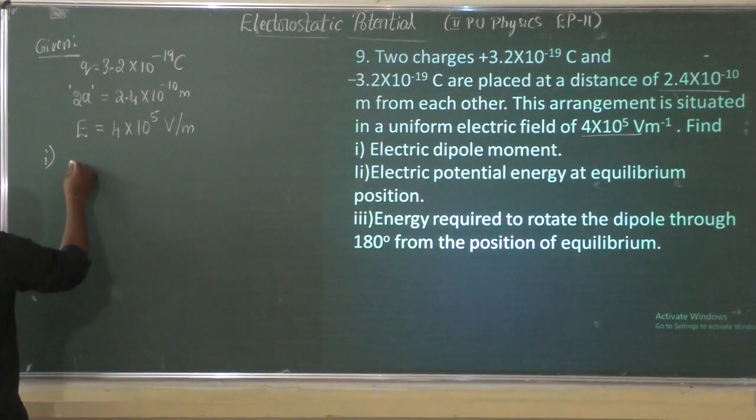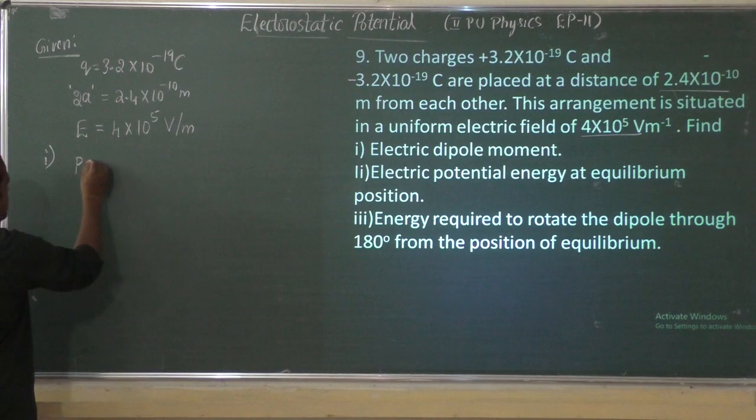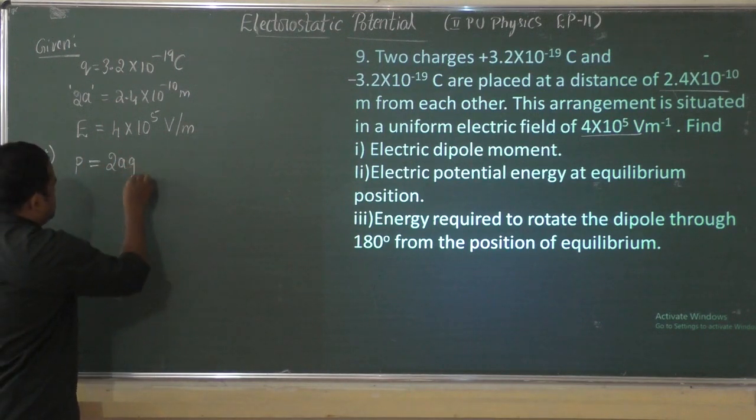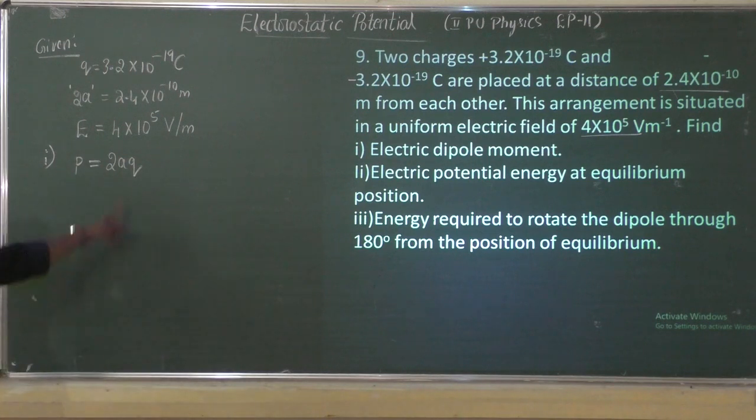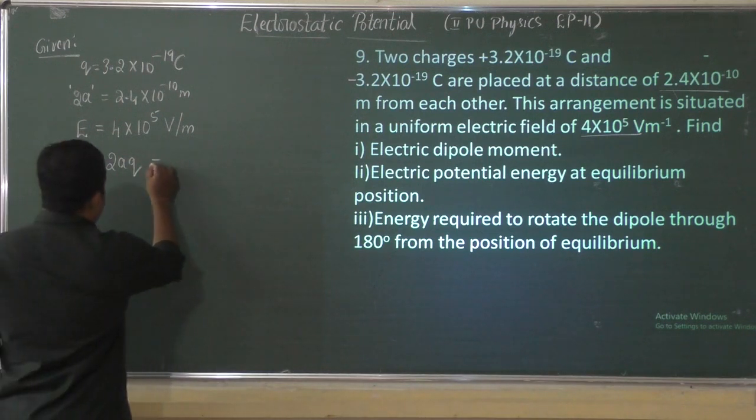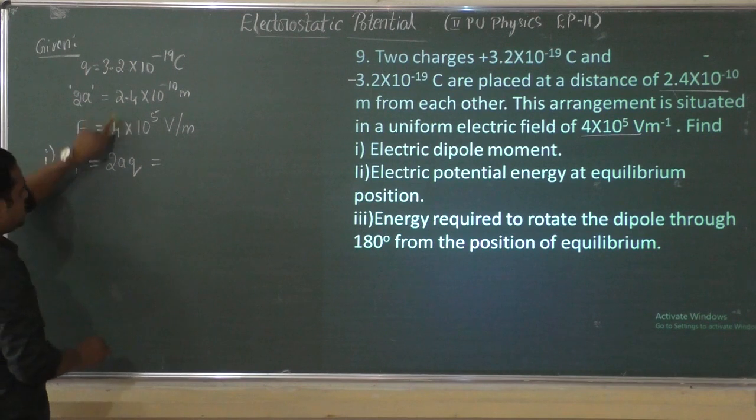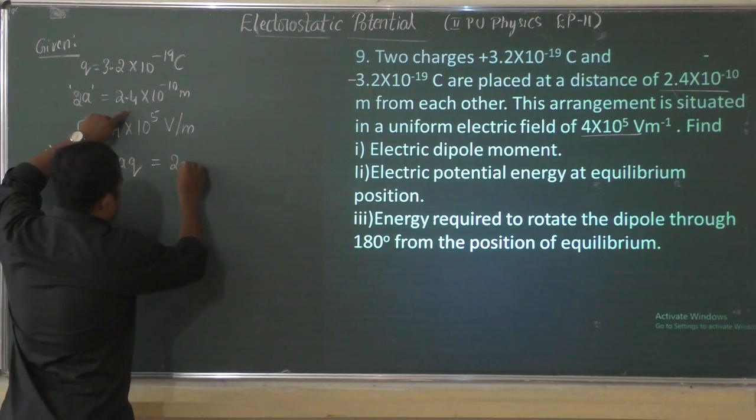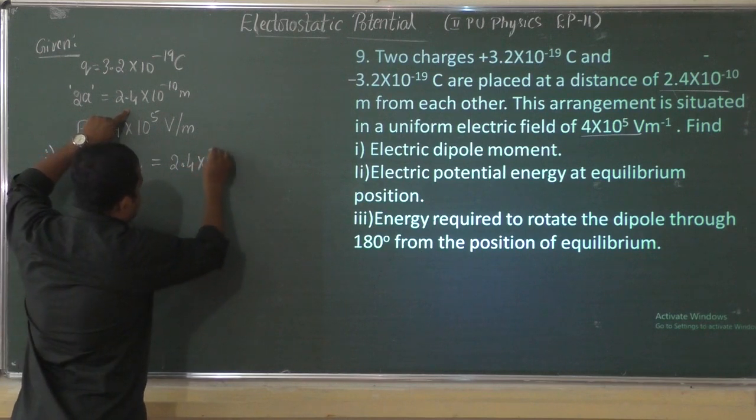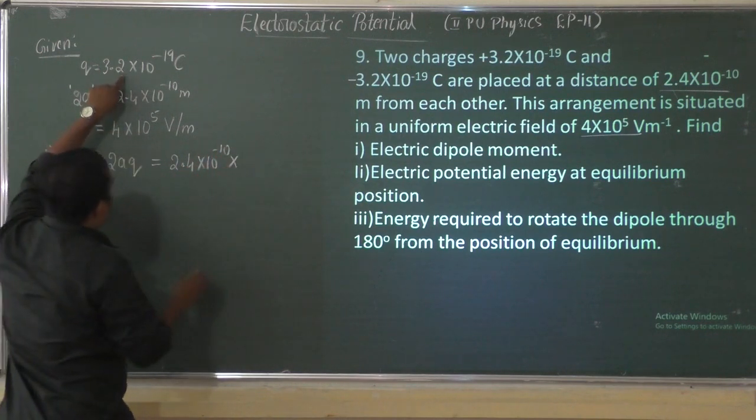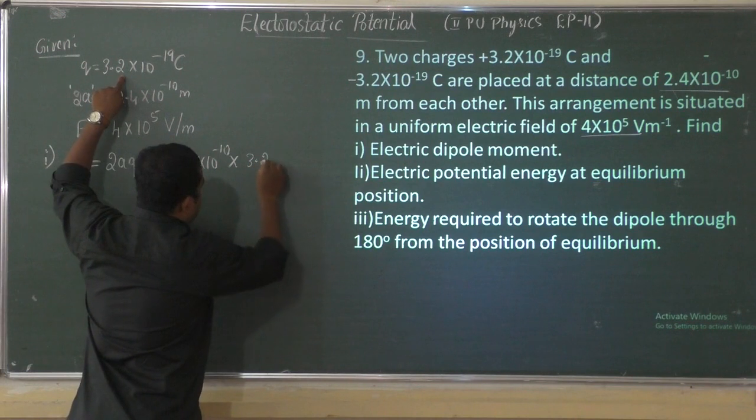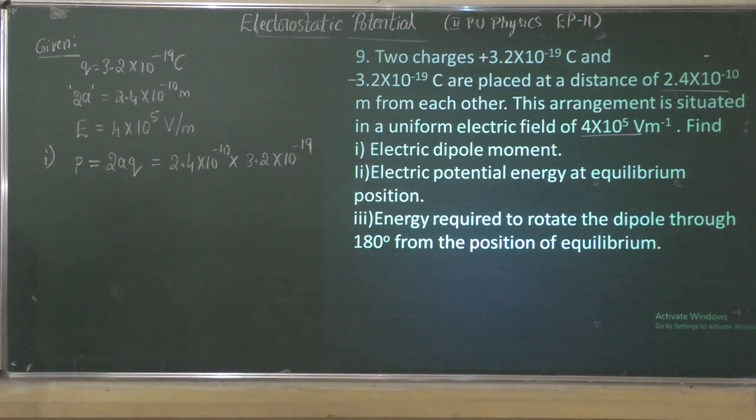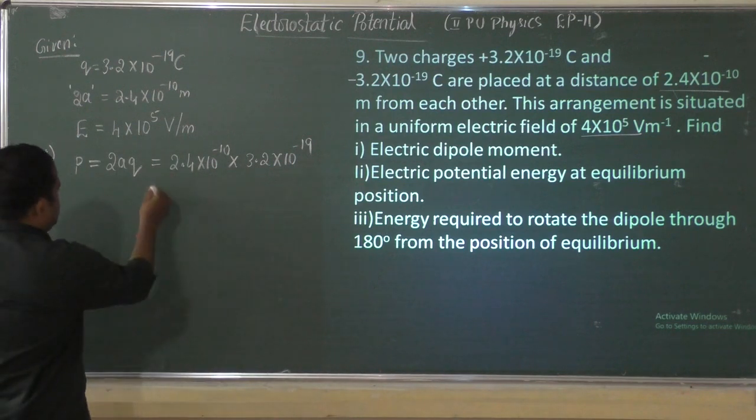Direct expression: electric dipole moment is represented by p and its magnitude is given by dipole length into magnitude of charge, that is p is equal to 2aq. Substitute the values. 2a is given. It is not a, it is 2a itself. 2a is 2.4 into 10 power minus 10 into magnitude of charge, that is 3.2 into 10 power minus 19. So that is equal to